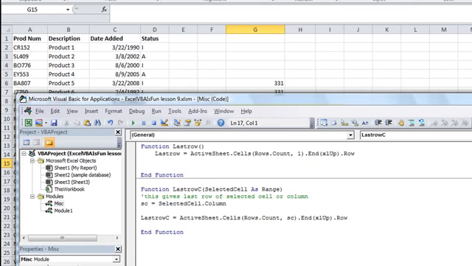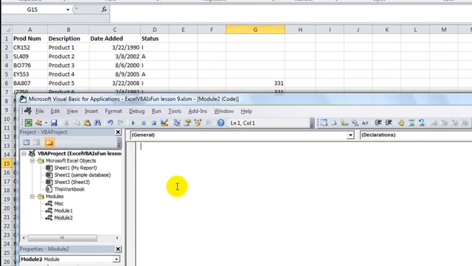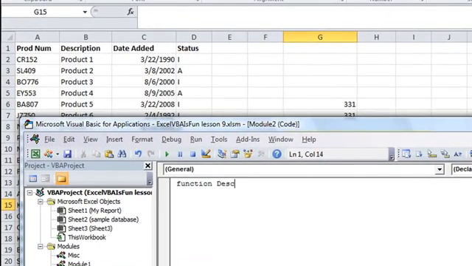We're going to make a new function. Let's go ahead and make a new module so we can clear up the space here. So we're going to say Function, and let's make the first one called Desc, D-E-S-C. Okay, and do we need an argument? We do need an argument. We need to have the product number, prod num, that's fine. Okay, so how do we get started? Let's just make it real simple. DESC, that's our answer, equals